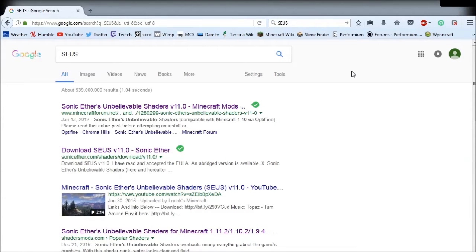Alright, the next thing you're going to want to get, and I don't know the exact order that I'm going to be chopping this up, so I may have had a Minecraft clip in here showing you where to install this. If not, that I will follow it up afterwards. But either way, what you're going to need to do to get the Sonic Ether's Unbelievable Shaders, which is what I am using,